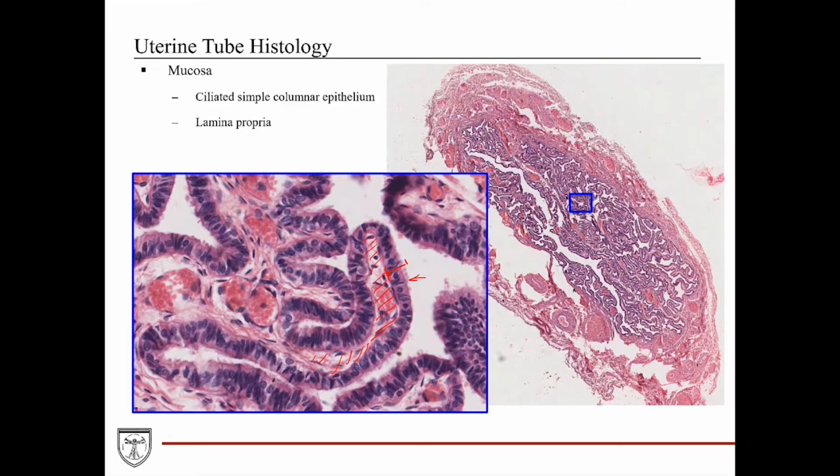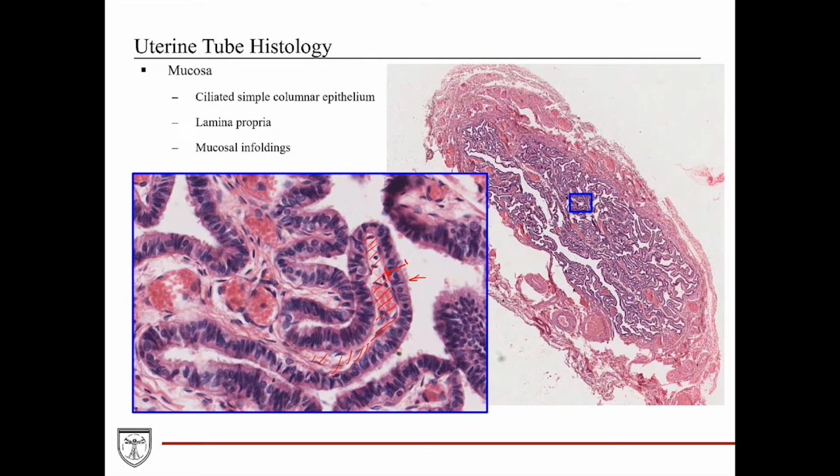Now, while there are no glands in the lamina propria, the mucosa itself makes many and elaborate infoldings that project out into the lumen. And we can see how this may actually increase the luminal surface area for potentially coming in contact with the oocyte or the conceptus that's floating within the lumen. So the cilia of these lining epithelium play a role in beating in one direction towards the uterine cavity,